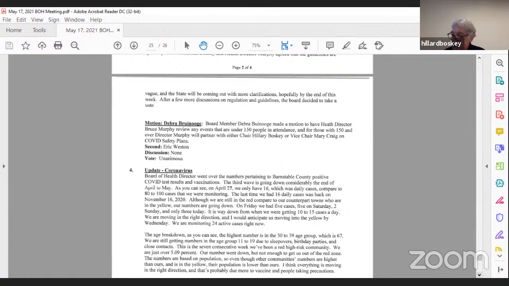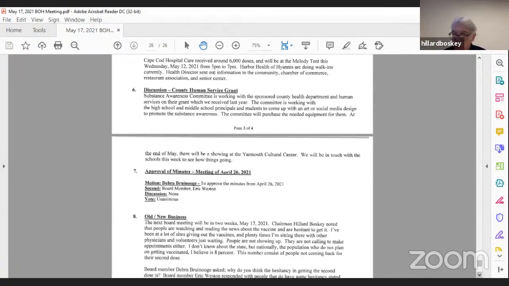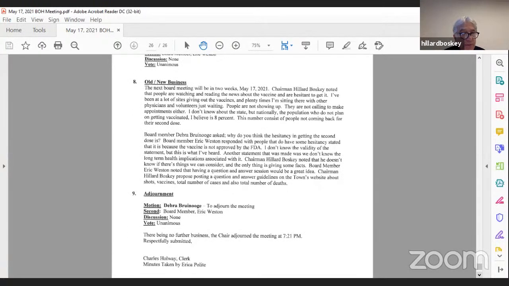Okay. On page 4, I have something with Bruce here. Page 4, last paragraph, fourth line up, Bruce made a statement. Well, no, I think a person made a statement about what Bruce had said, that the governor is removing all restrictions. I think it had a specific date. I don't know if Bruce, you said that or inferred that may be taking place. Yeah, they were going to remove all restrictions on August 1st. I think you did say August 1st. I think I did say August 1st. I just want to make sure you were quoted correctly. That's all. Not whether it's right or not. Is that what you said?